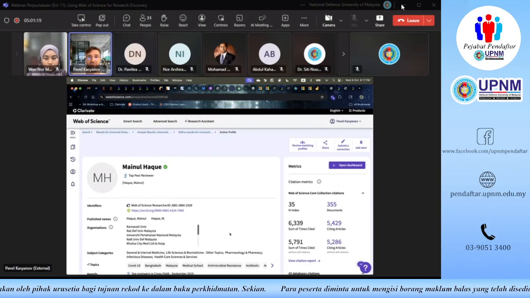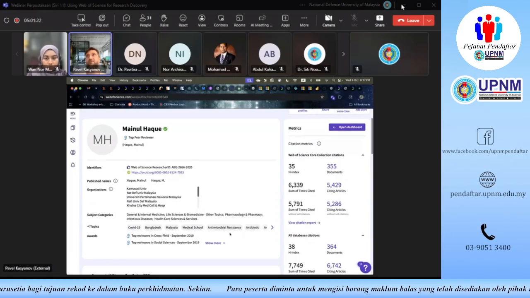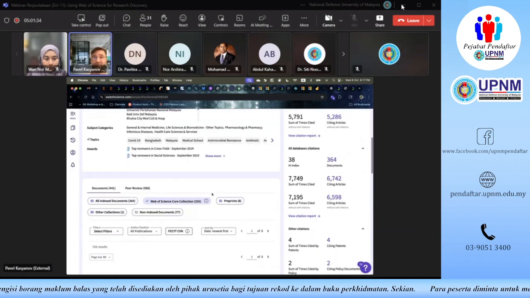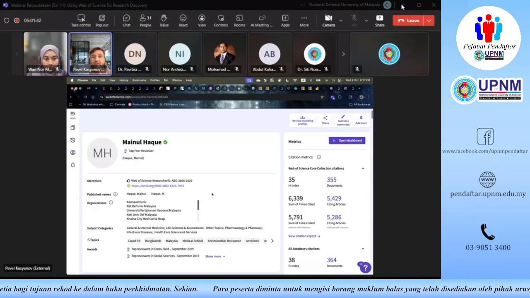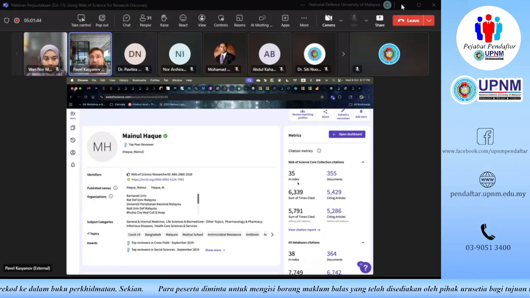So even if you haven't been claiming your profile, so how do I know that this profile has been claimed? It has this little green tick right next to it. Even if your profile hasn't been claimed, I would strongly encourage you to get into Web of Science, run a search on yourself, and try to maybe claim your profile. That will, in the end of the day, just increase the precision with which we are calculating your number of documents and your metrics.